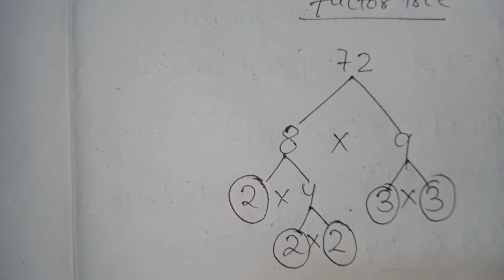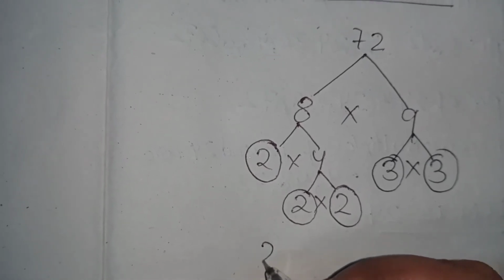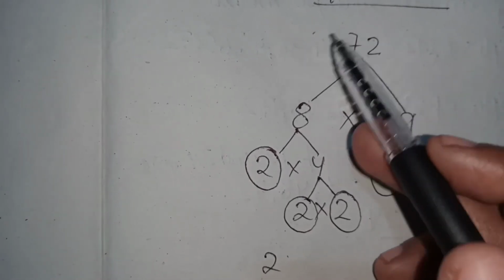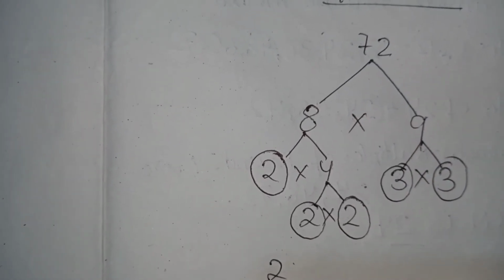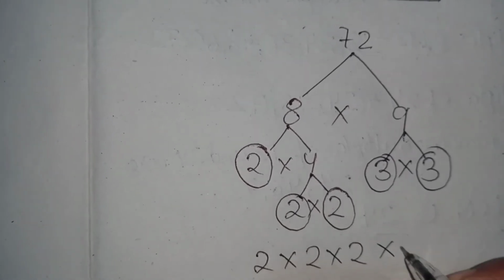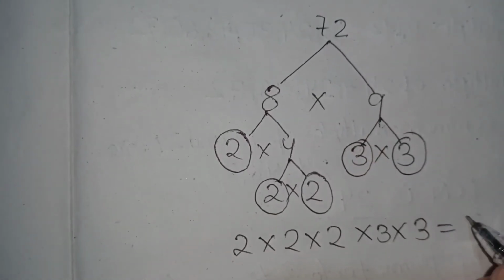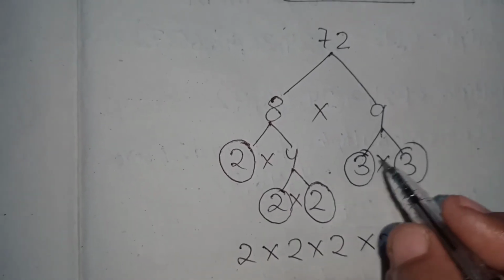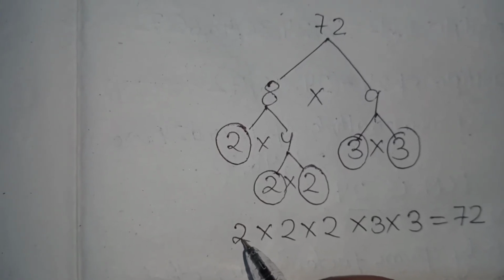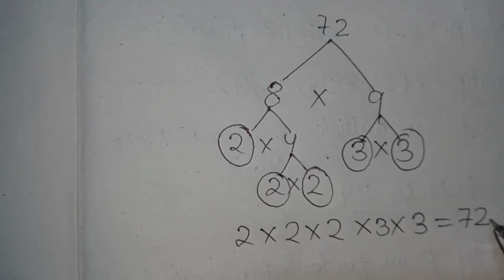Okay. So now the prime numbers which we have circled, we can write here like this. When we multiply all these prime numbers, we will get 72 as the product. So these are the prime factors: 2 into 2 into 2 into 3 into 3 is equal to what? 72. So when you multiply all these prime numbers, what do you get as the product? 72 only. So let's check it: 2 2s are 4, 4 2s are 8, 8 3s are 24, 24 3s are 72.